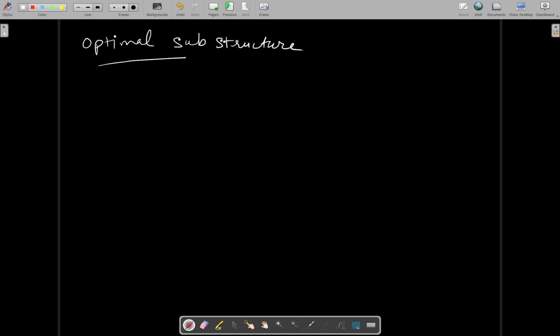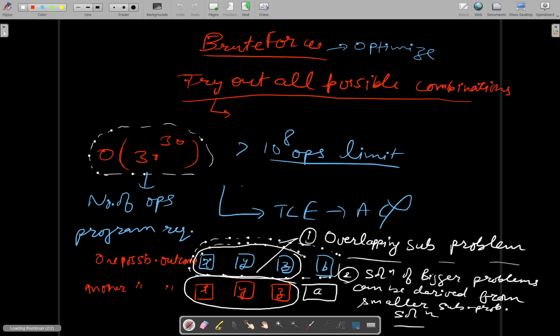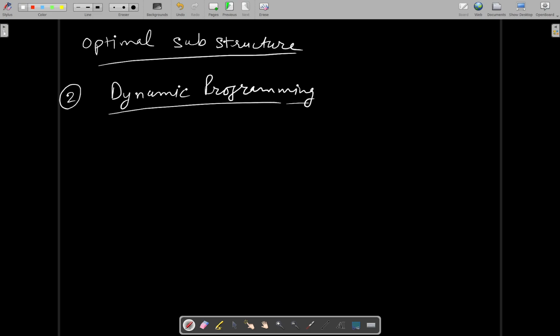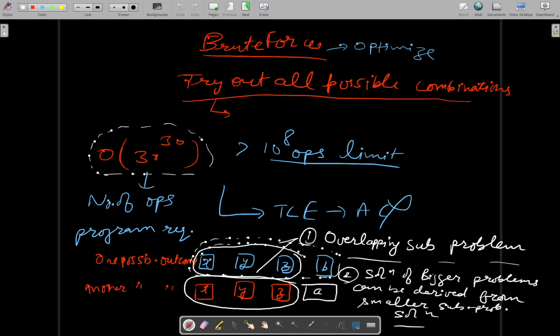Okay, and when these two properties are satisfied in a problem, then it is a valid candidate for the approach that we use, dynamic programming. Those of you who are new to dynamic programming, it is essentially nothing but we store the result of smaller subproblems which frequently occur more than once, let's say, in a combination of possible outcomes, and then